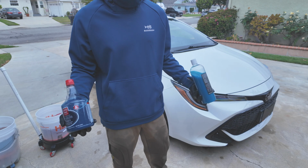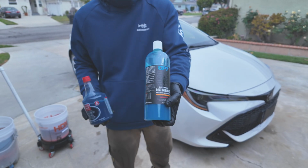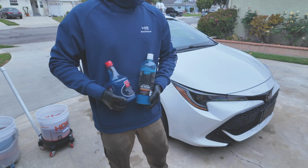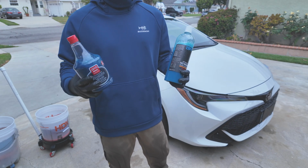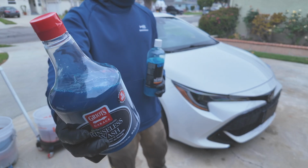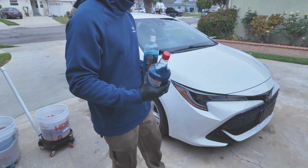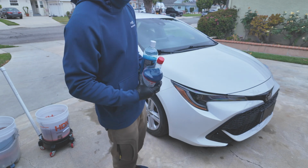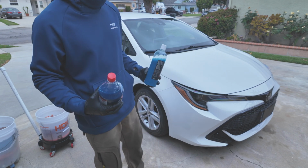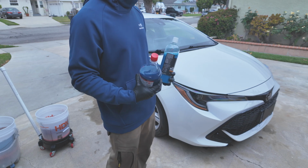Now when it comes to the smell, that's the trivial part. This is the clear winner. I like this smell better than this, but to each their own. I think they both have their place. Like, this could be a good drying aid, this could be something else, it's really up to you. But if I were to pick one, all things into consideration,